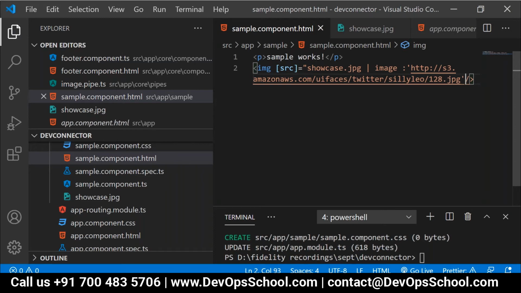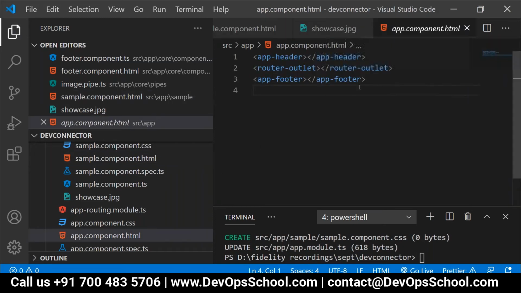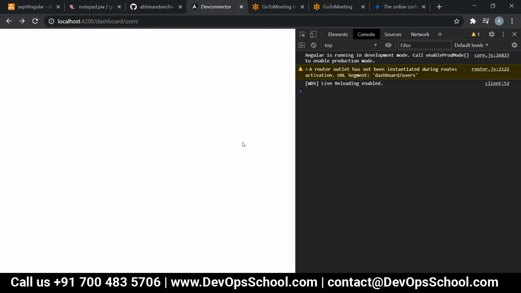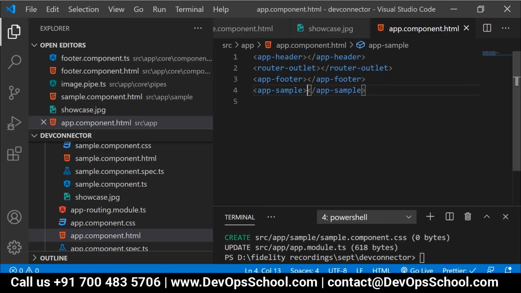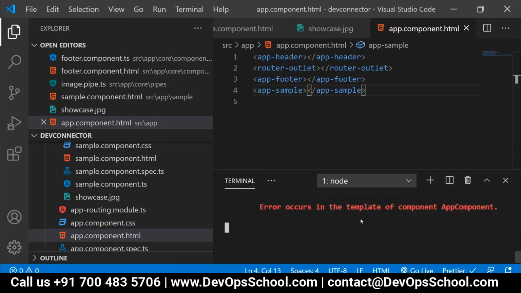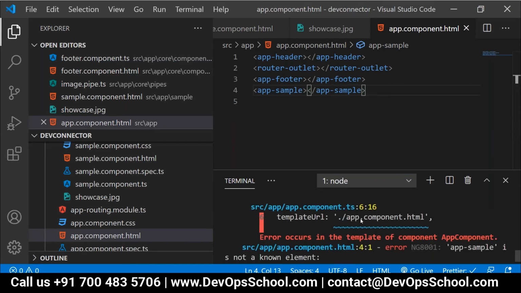Have a look over here now. Now let's include this one in the app component HTML. Below the footer, I'm going to use app-sample. Okay, I have saved it. Let me take you to the UI. What happened? Line number 6.